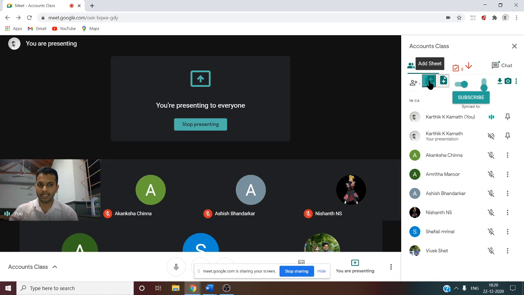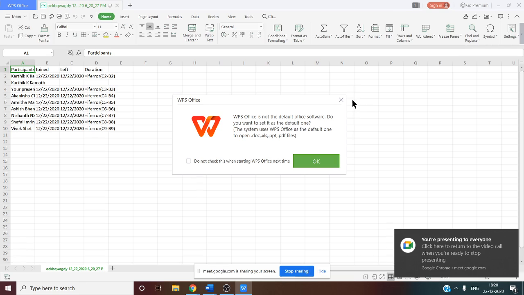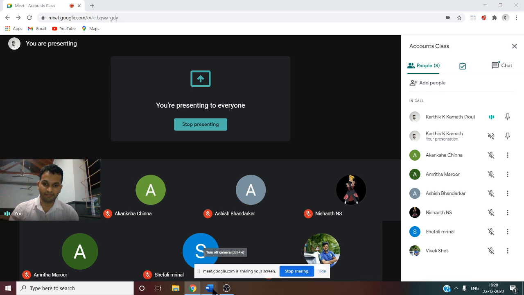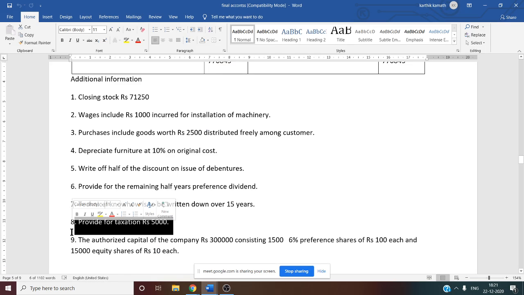And one more thing, adjustment item comes twice. So one more you can show under working note number 11. Why? Because it is considered as a fixed asset. Even though it is intangible in nature, technical know-how, you can show under a fixed asset. So fixed asset, technical know-how minus written off value, you will get the final total of technical know-how. Yes. Then provide for taxation 5,000. So this taxation, see this one is a P&L adjustment.